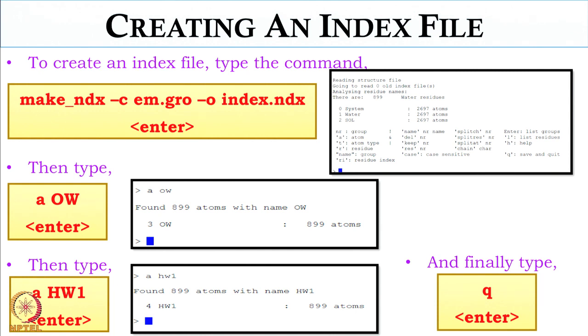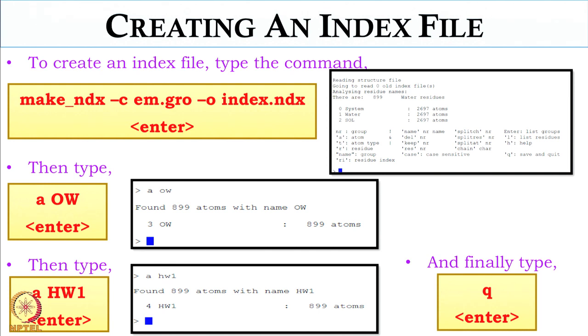So when you analyze the trajectory file, suppose you want to calculate a radial distribution function, when you type the command g_rdf you will get a display of 5 separate groups.